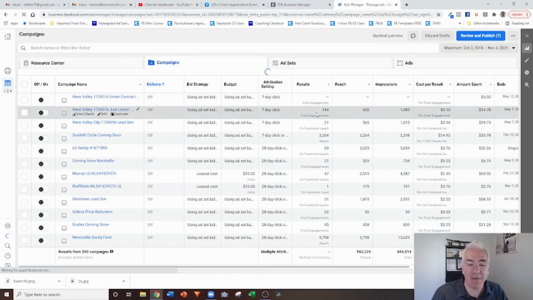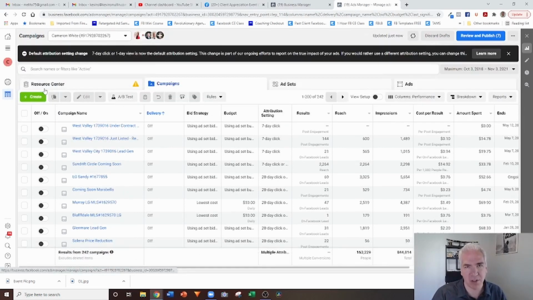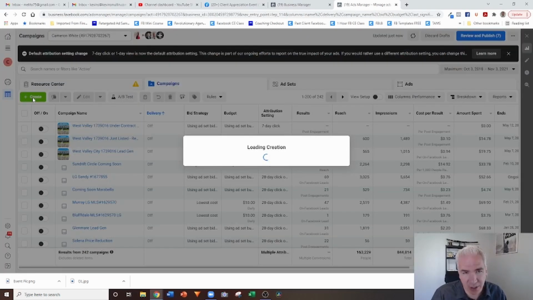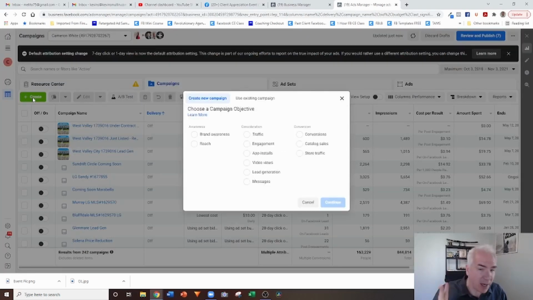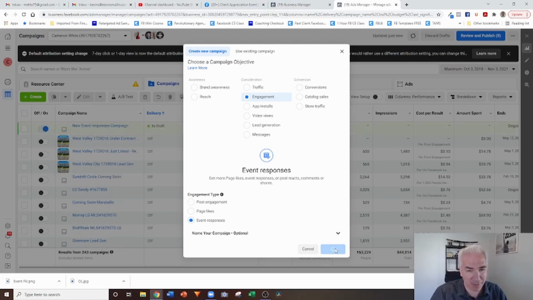But there's a specific kind of ad that we can do under engagement for event responses. And part of the advantage of doing an event on Facebook is that Facebook has a built-in reminder system. So Facebook will remind people leading up to the event if they said they were interested or they were coming. Facebook also has a custom audience that you can do based on event responses so that you can track and continue marketing to people who said they were interested or who said they were coming. So if you look right here underneath engagement, there's this option right here for event responses. That is the one that you would want for this type of marketing.